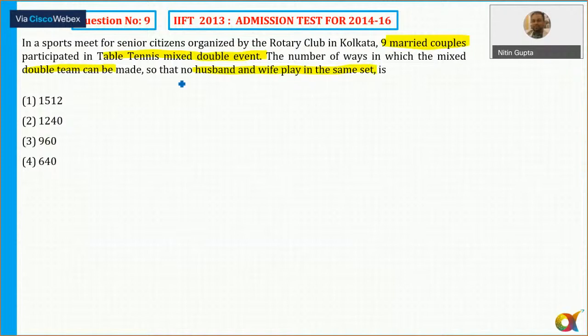There are nine married couples, so out of these nine couples, it means 18 people. I need to select two male and two female. The number of ways in which the mixed double team can be made so that no husband and wife